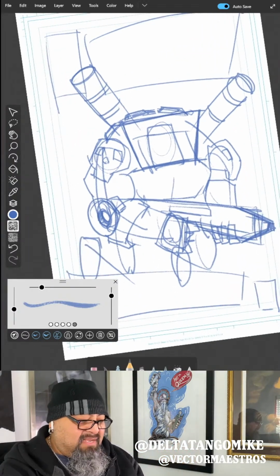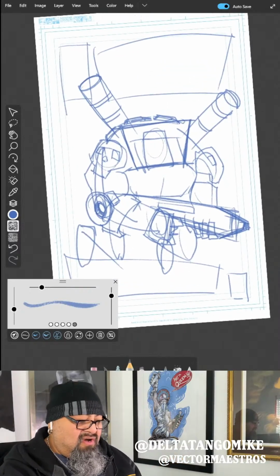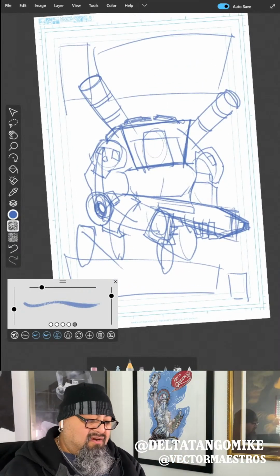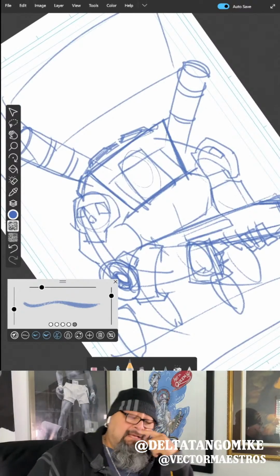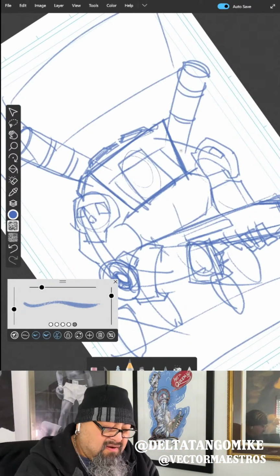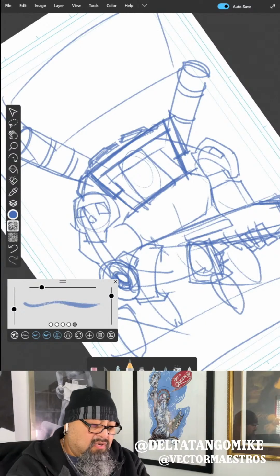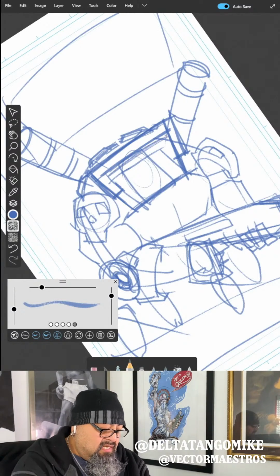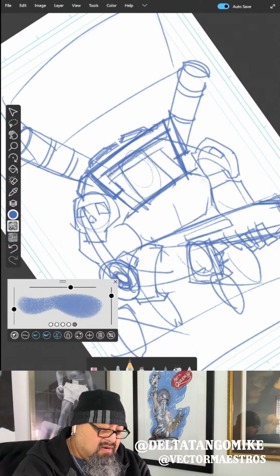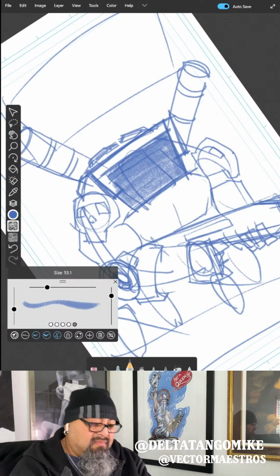It's just a big old lumpy, strong character here, and maybe he has protective gear. Okay, good. And of course, this is, let's make that bigger. That's the screen. Make that smaller like that.